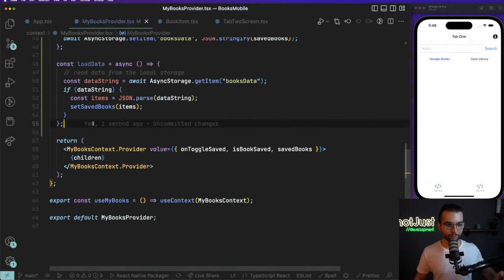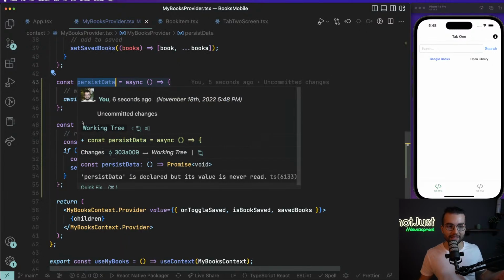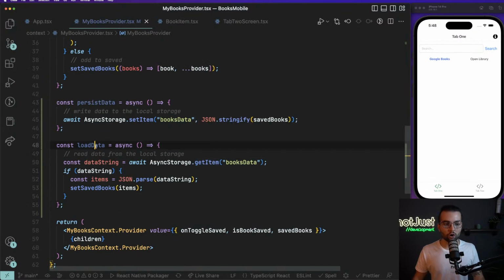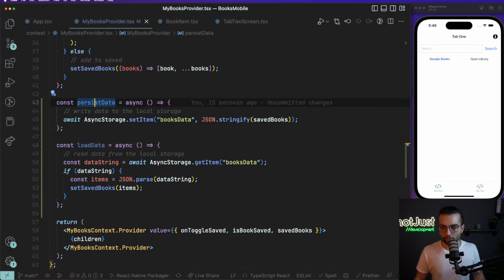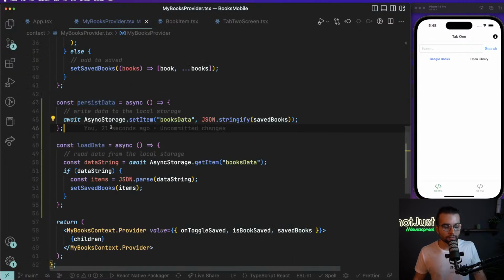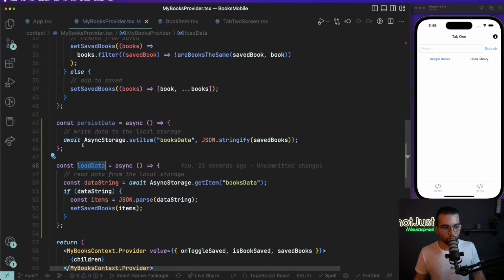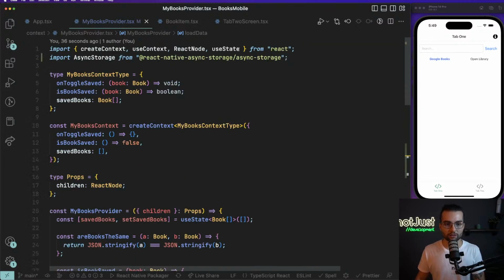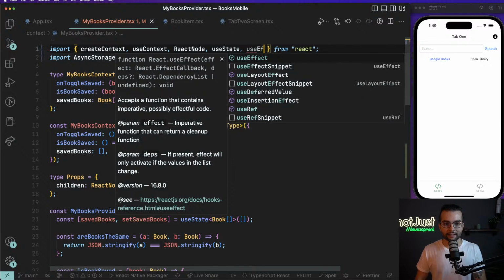Okay, so we have two functions. One that will persist data, one that will read data from the async storage. The next step is to call these functions. So when do we want to call this function? We want to load the data when the component just mounts. When the application opens, right away, the first thing that we want to do is load the data. So when we want to execute some logic when the component mounts, we're going to use the useEffect hook,